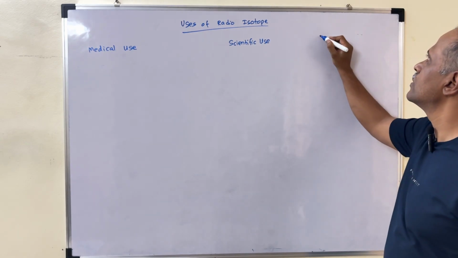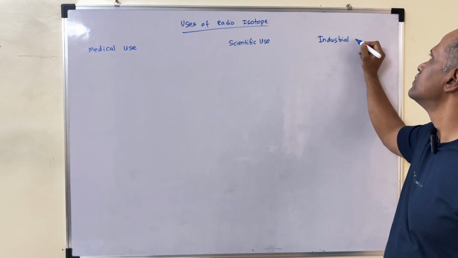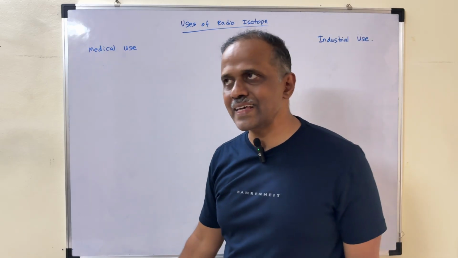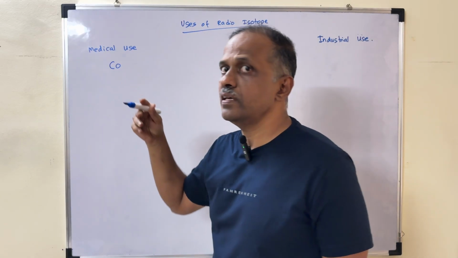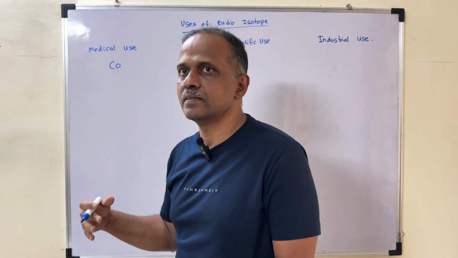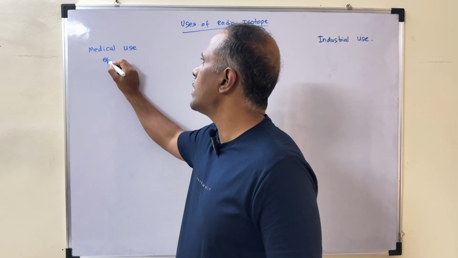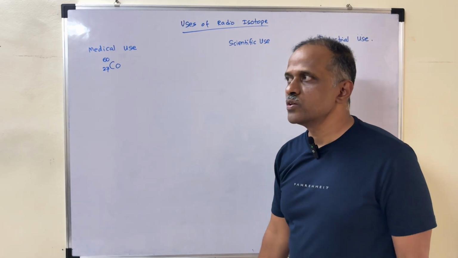And the third one would be the industrial usage. Now, what exactly is the medical use? As I have just told you, the radioisotope of cobalt, mass number 60 and atomic number 27,